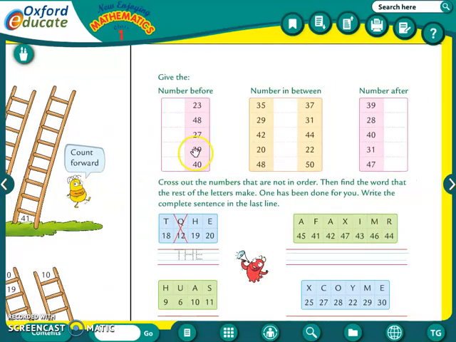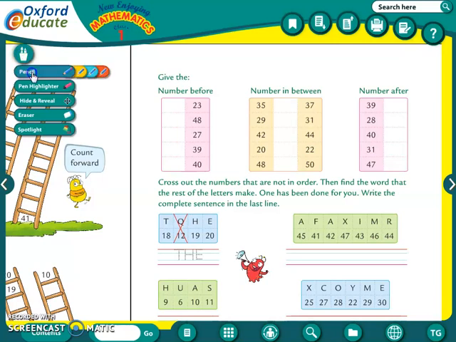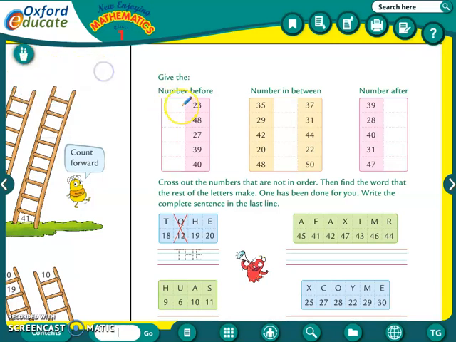Now see this. We have already done this before: number before, number in between and number after. Now, what is the number before? That is the number that comes before the number. What number is given over here? 23. What comes before 23? 22. Now, students, I am writing with the help of this brush, so it might not be that clear, but you can get an idea of what I am trying to explain.